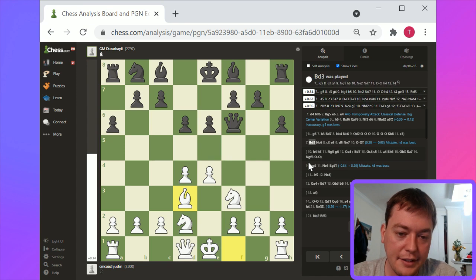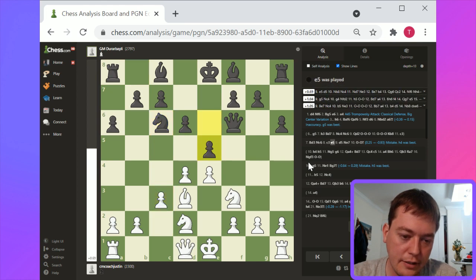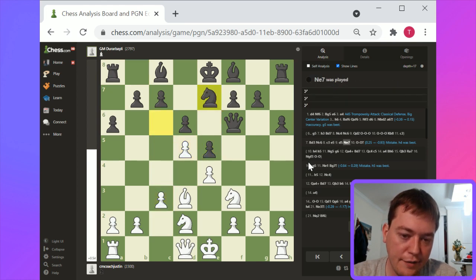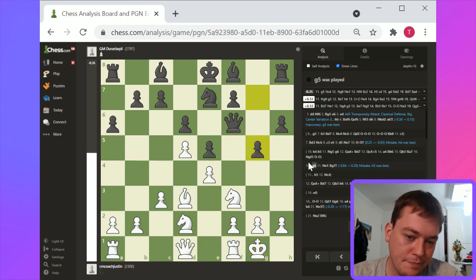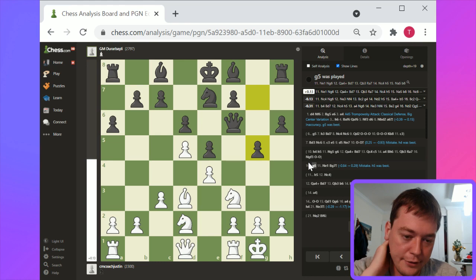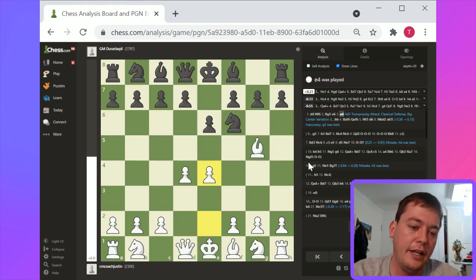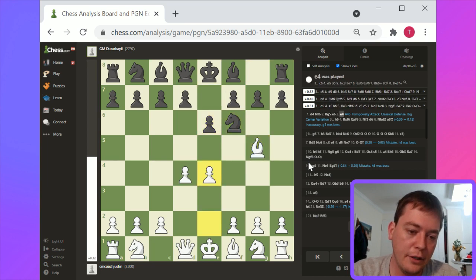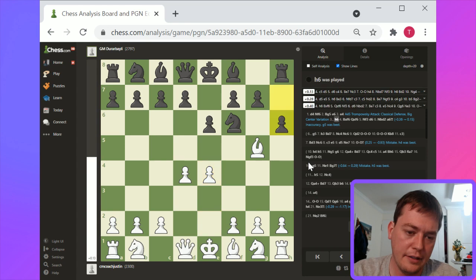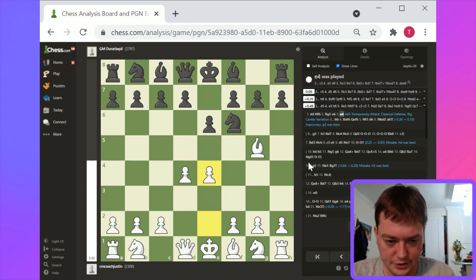Yeah. No, I think I'm surprised that the eval's as generous as it is to white here. D5, knight e7. Yeah, no, for sure. I do think that opening line is weird. I guess there's some very complicated things going on here because